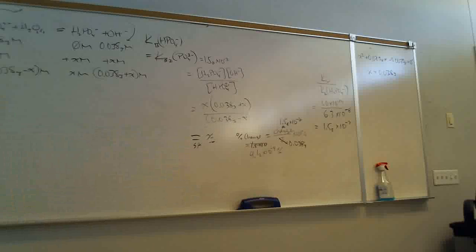So this is 0.0383 minus X. So let's get X into decimal form. That's going to be 6 zeros: 1, 2, 3, 4, 5, 6 zeros, then 1, 5, 8. So let's add some zeros here so we can do this subtraction. So 10 minus 8 is 2, 9 minus 5 is 4, 9 minus 1 is 8, and this will be 9, 9, this will be 2, 8, 3,